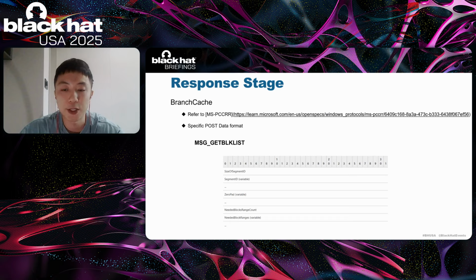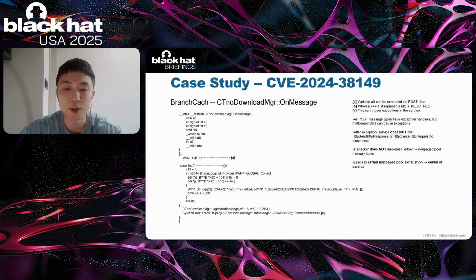Here I take the BranchCache service as an example. The related function has documentation available on MSDN, which defines the structures for different types of post data. In the post data structure, we can specify what kind of data the service should handle. When we send corrupted data, the service throws an exception using the throw helper function. Then, the service calls the HttpReceiveHttpRequest function in the registered callback to receive new data,